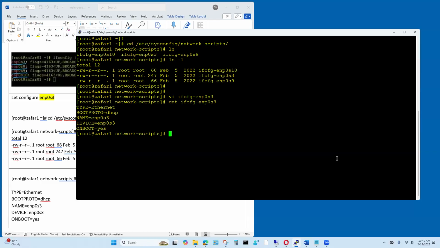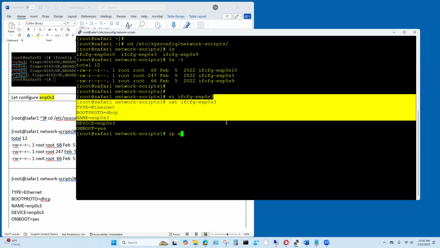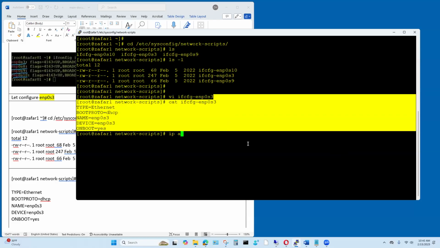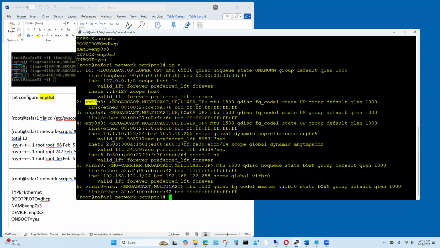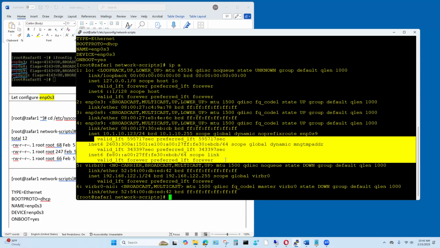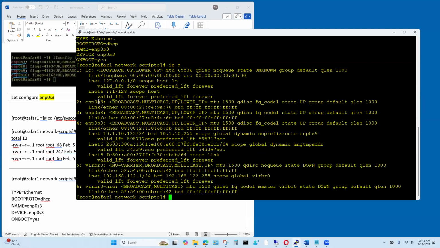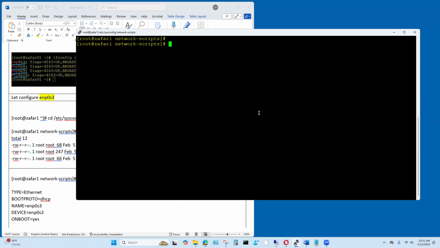Now if you do IPA, if you look here, ENP0S3 is still not there, right? If you look at ENP0S9, it has an IP address in here and a bunch of other stuff. But this one has only 2 lines. It doesn't have the IP address here, right? So let's get the IP address